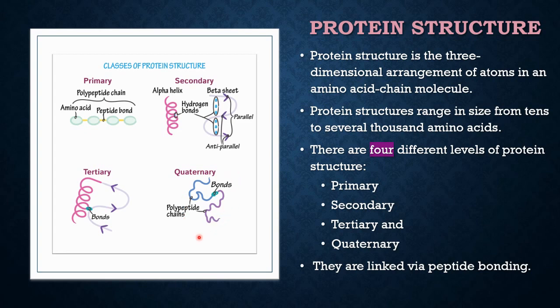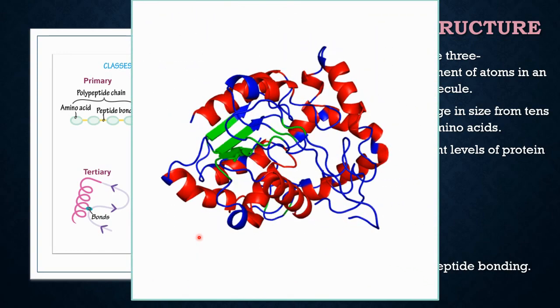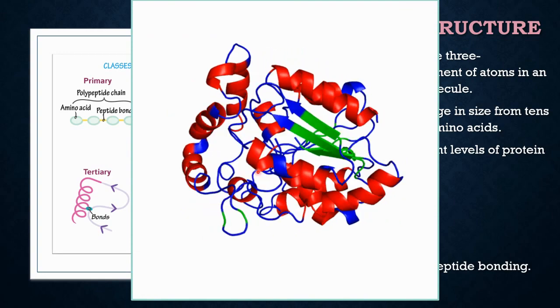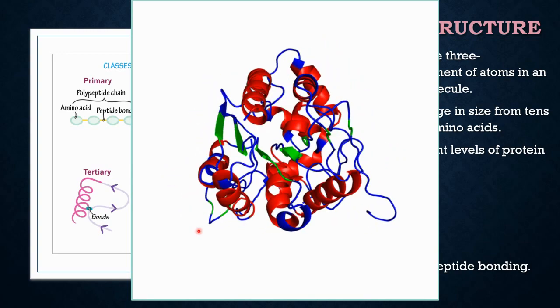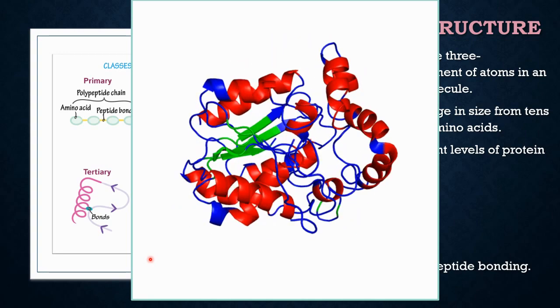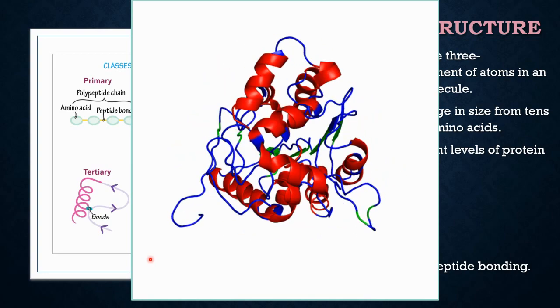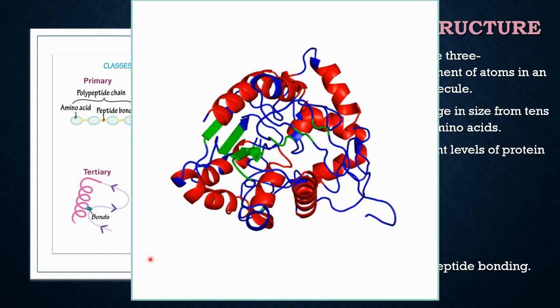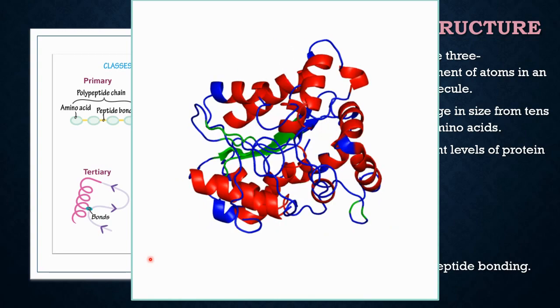We know that the functioning of the protein depends mainly on its structure. Let us see the 3D structure of a protein. You can see the alpha helix, you can see the beta sheets. They are all bonded together and finally they make up the structure of a protein. This structure is very, very important in its functioning. Because of this structure only, it will be binding with many molecules, or converting one substance to another. All is possible because of the protein structure.